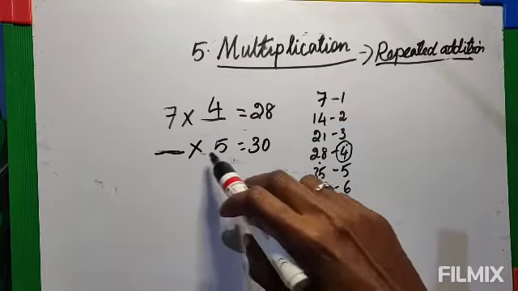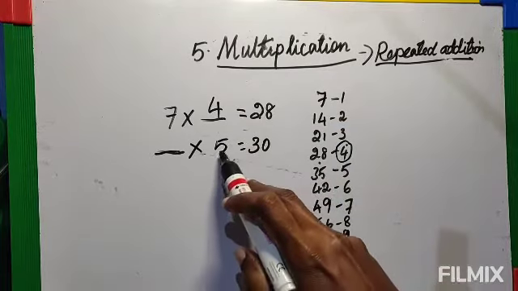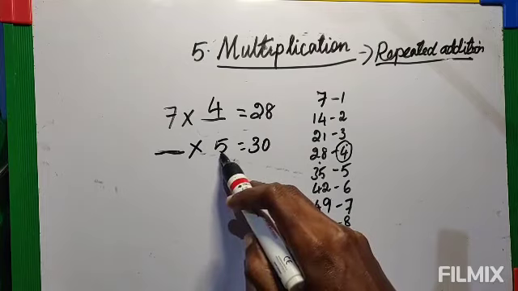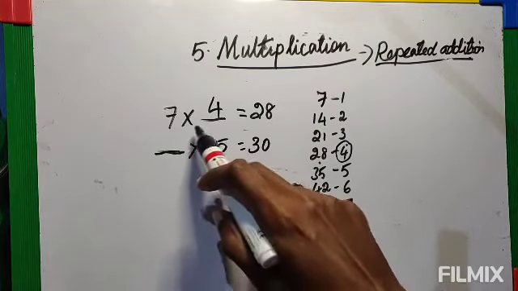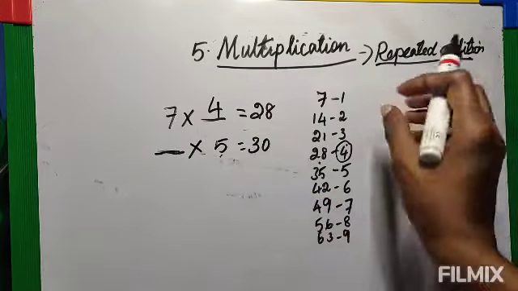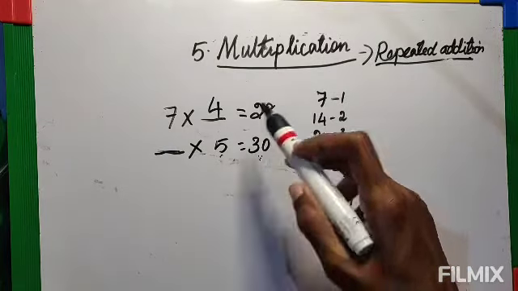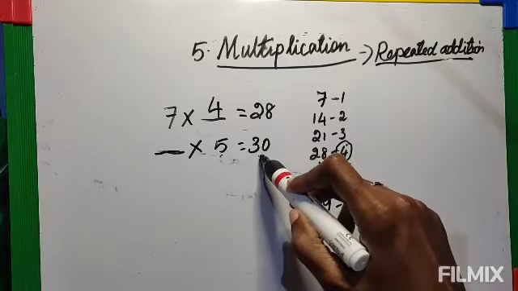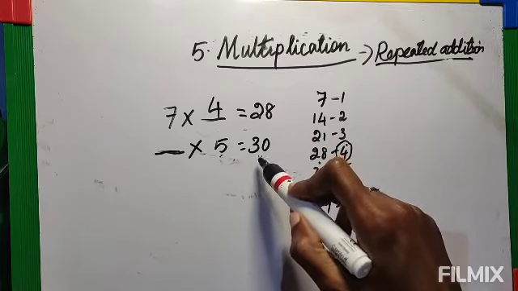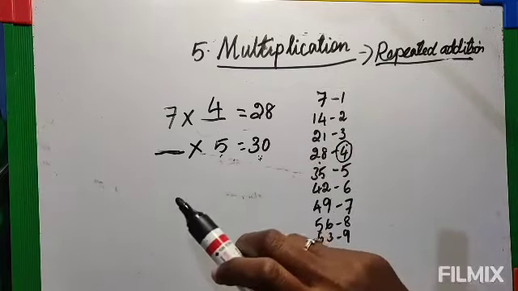Okay, now the next one, dash into 5 equals 30. So here 5 is there, this is missing. So now you write the 5 table. In these two numbers, whichever number is there, that table you write in the corner. Then from there you find where this number is coming. After the equal sign this number is there. So where that number is, then you can find what will come here in the dash.